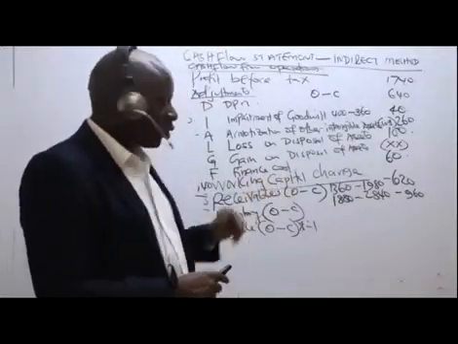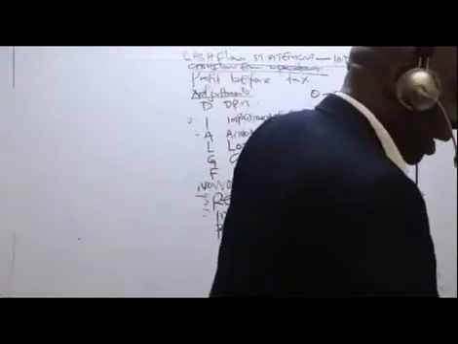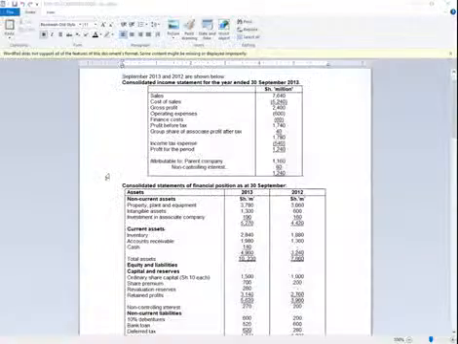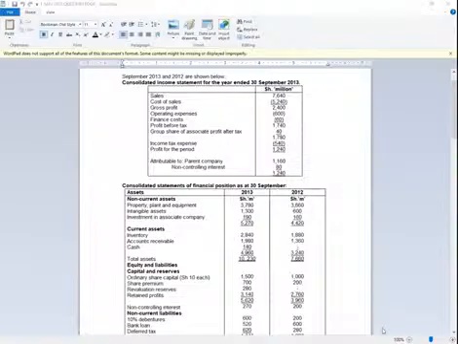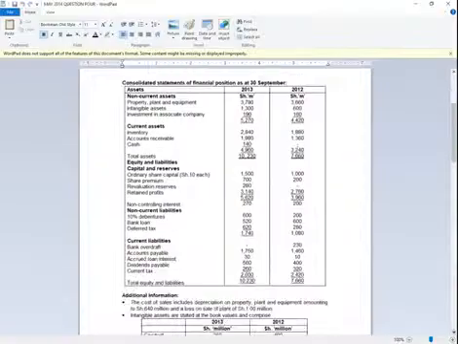Very important. So for the payables, trade payables, are you able to see the trade payables here under the liabilities? Under the liabilities, trade payables, you can see account payable here. So the opening is 1460 minus 1750. So we have here 1460